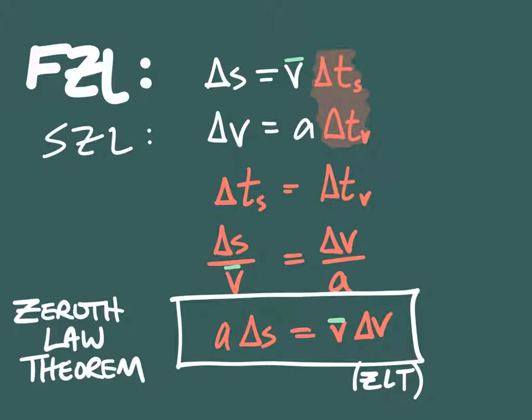Now, the zeroth law theorem does not appear in any textbooks. The first zeroth law and second zeroth law do appear in textbooks. Unfortunately, they don't name it properly because they haven't talked to me yet. I'm trying to not be bitter about that, but I'll get over it. Zeroth law theorem, nobody writes it this way. I've never seen it written this way in a textbook. What I have seen, and you probably too if you've done any reading,